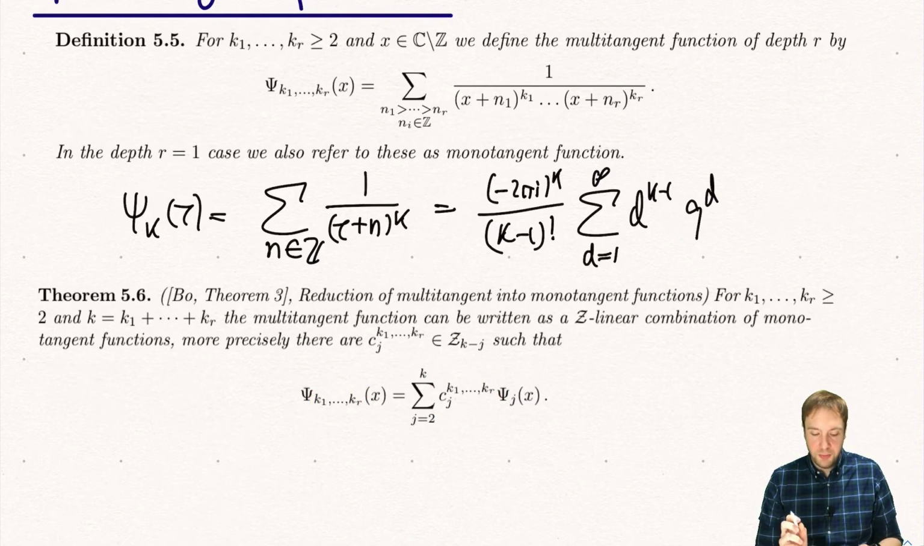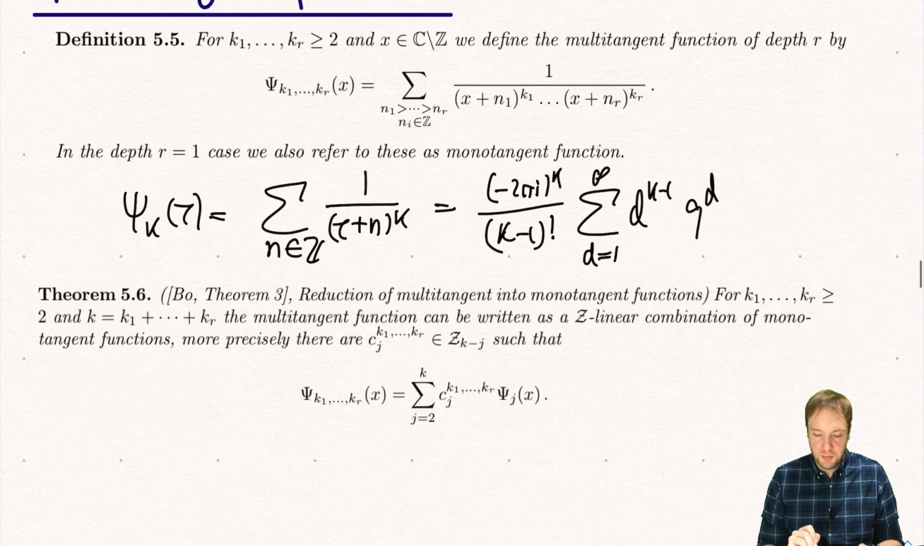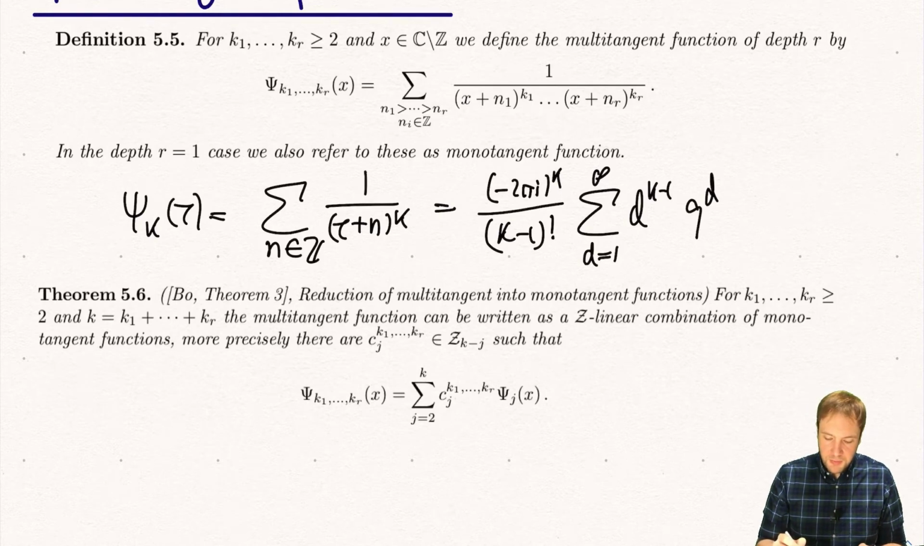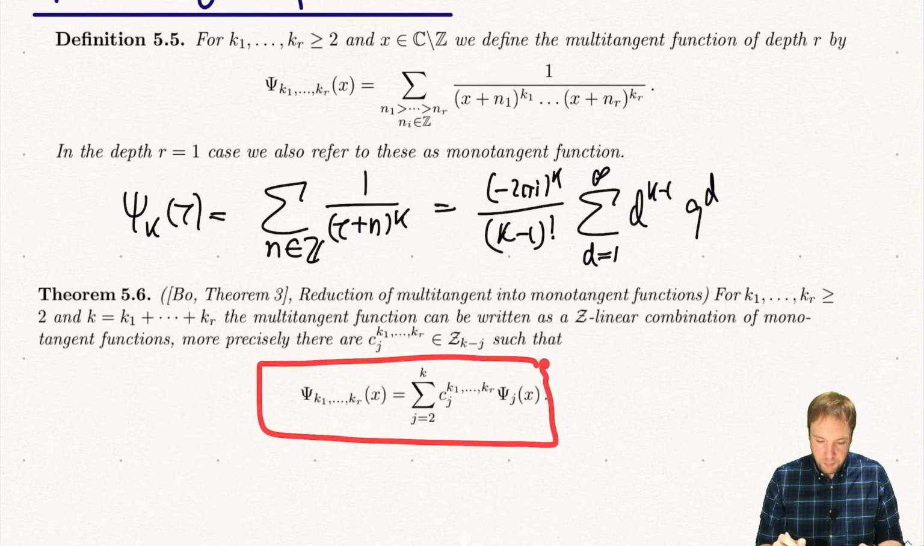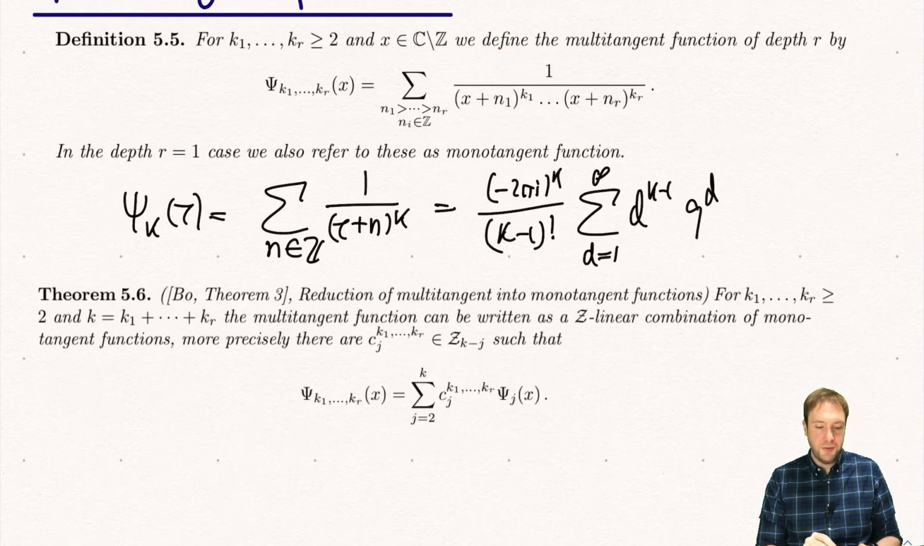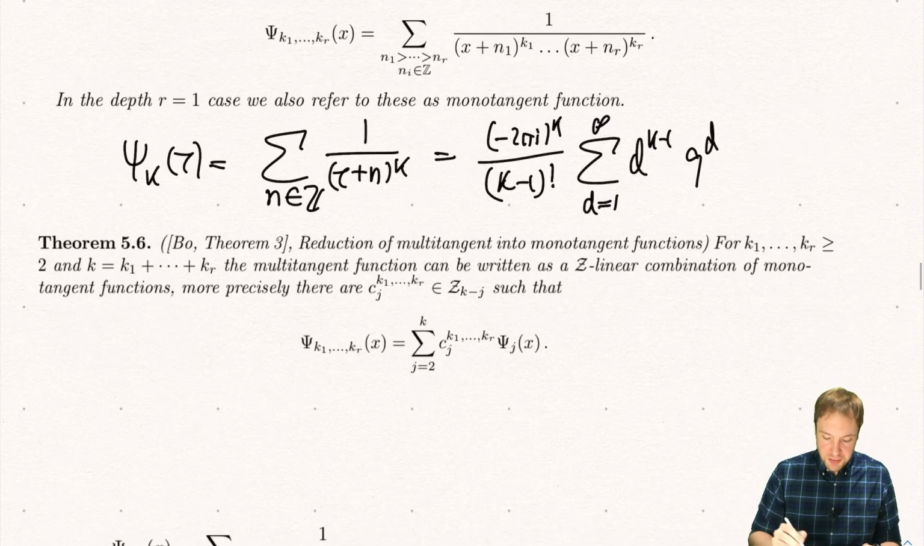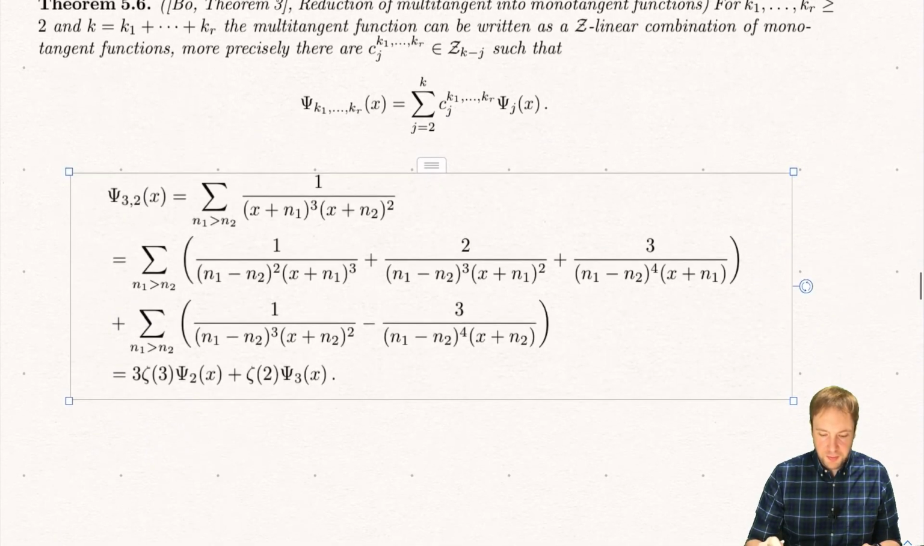And so the proof idea, we will do one example in a second, is based on a partial fraction decomposition. But also one main point here is that this sum starts at 2 and not at 1. And for this, an explicit relation among multiple zeta values is necessary. This will be an important point, because later we will have these multitangent functions, and then we want to write them in terms of these monotangent functions. So let's do one explicit example of this reduction. So let's consider the